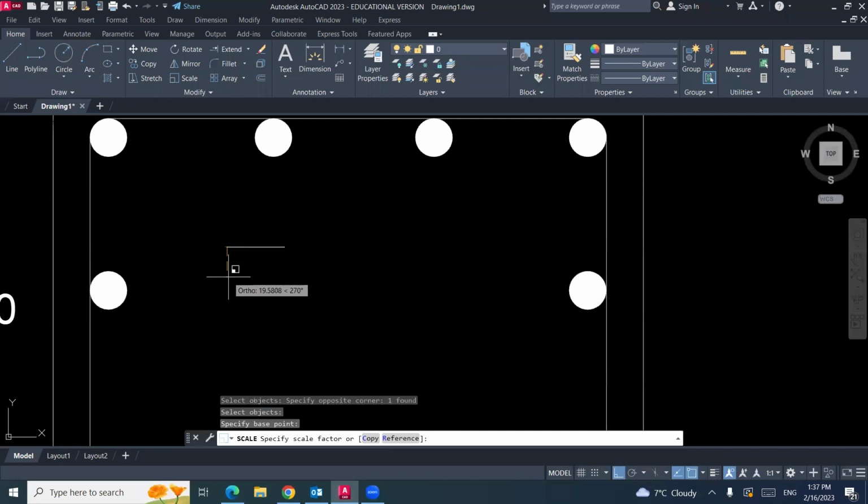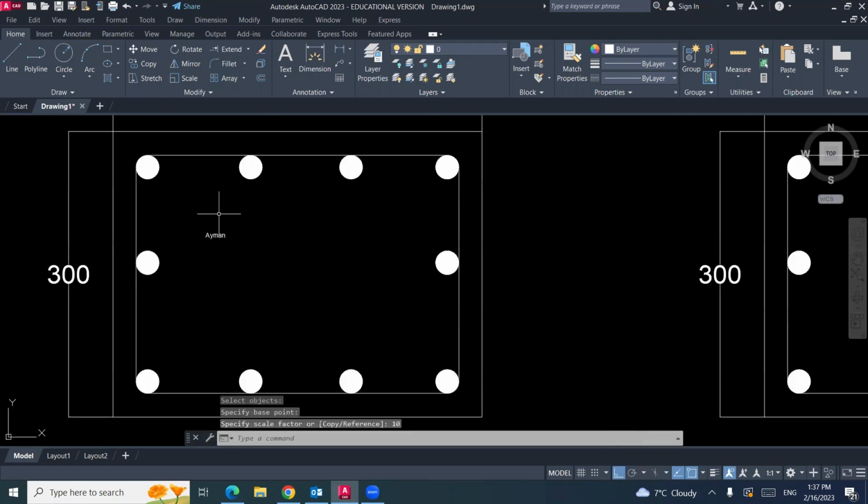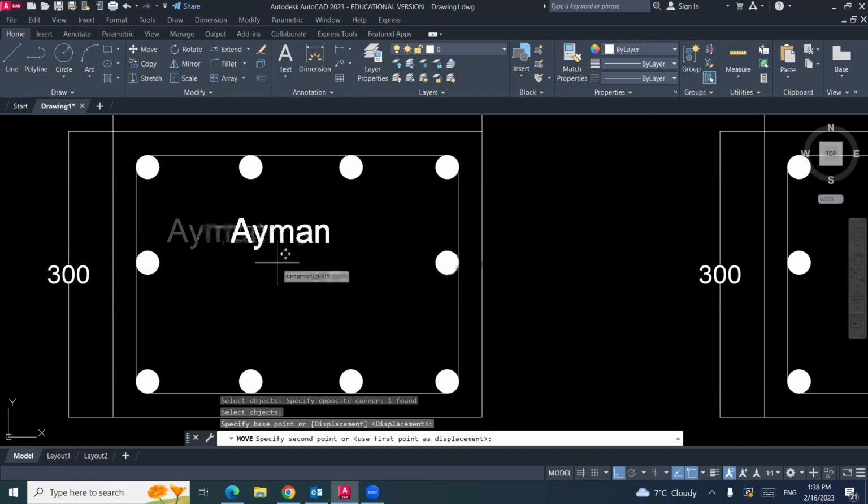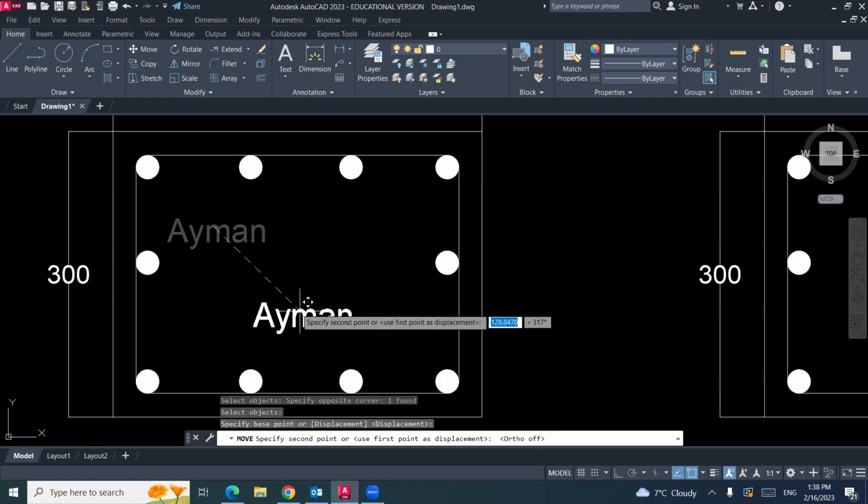Then scale factor, I will write 10, means I will increase the size 10 times. Enter, it becomes bigger 10 times. Still small, repeat it. SC enter, scale, select your text, enter, base point, any point on the text, then 5 times. Becomes bigger. I can make move to put it anywhere you would like.